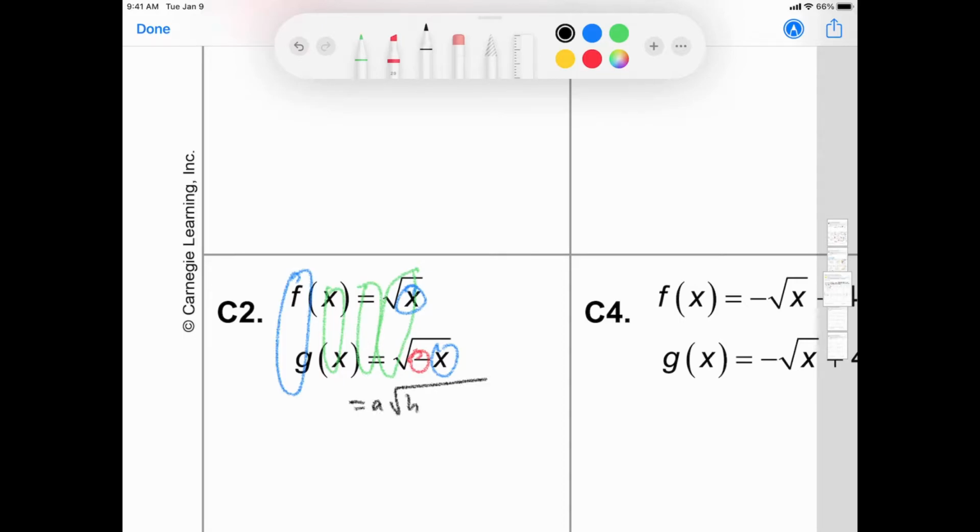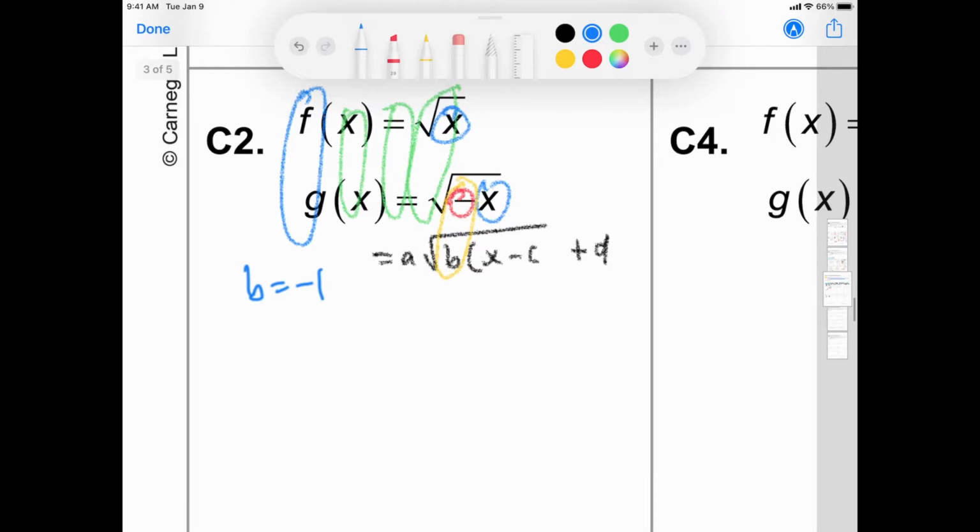If you write the parent, what I'm going to notice is that this negative sign is actually your b value. Okay, so let me write that. What does it mean that your b value is -1, or negative, or less than 0? If you look back at our intro video for A, B, and C, you'll notice that some of the characteristics in our transformations is that when this is negative, that means that the graph